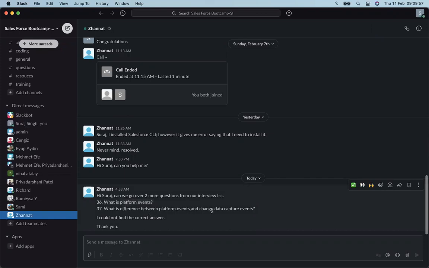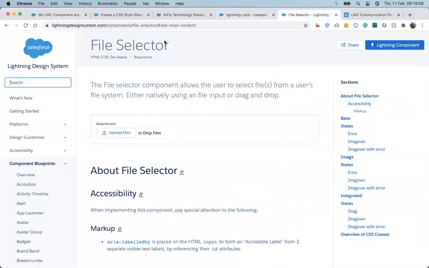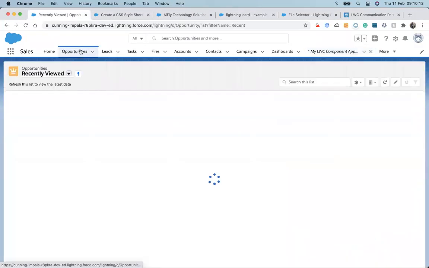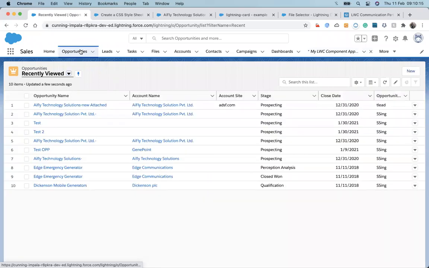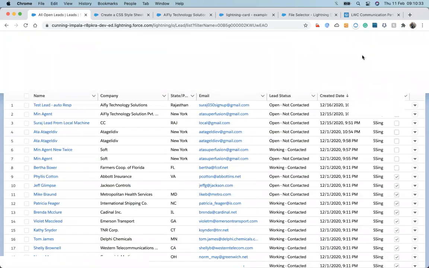Data change events are more. We haven't discussed that because data change events are a different thing. It's just recently introduced in Salesforce. While working with platform events, the issue is that we have to design a custom event whenever the data changes. Whenever the data changes, we have to design a trigger that will fire the platform events to capture it. But while working with data change events, it's an automatic thing, but the limitation is that it will